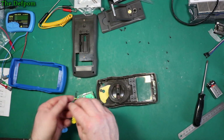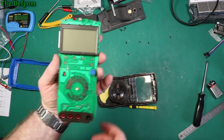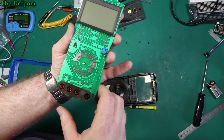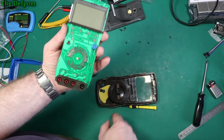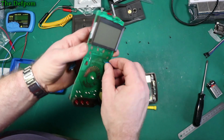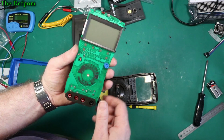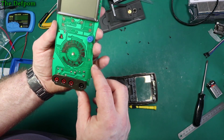Don't need to take it off. It's going to be a zebra strip or something. Not particularly thrilling. So just the plated contacts there, not gold or anything. There is some lubricant on there, I can see it. No, I'm not going to touch it, I don't want to disturb it. So it's got 6 pads there as per this, so that matches up. There's no unused ones. And there's that bloody horrible socket for the transistor test. Just not a very nice feeling one. But yeah, as far as protection goes,